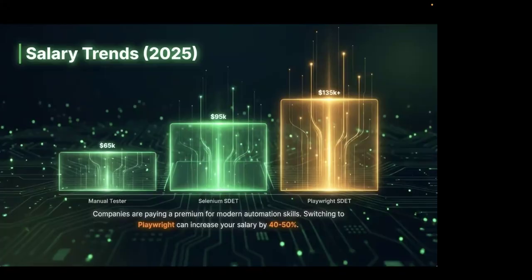For a person who has 4 to 5 years of experience as an SDET, if he has experience in Playwright, the amount he is being paid in a service-based company is close to 12 lakh per annum. But for Selenium, it is around 9 lakhs. I don't even want to talk about what they're paying for a manual tester right now. But since by the end of this course we are going to be automation testers, let's not talk about that. So that is how it is. And imagine